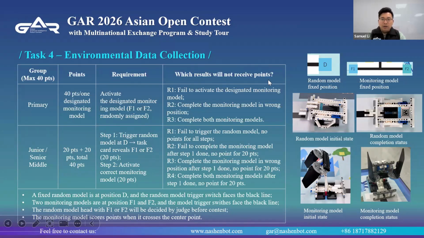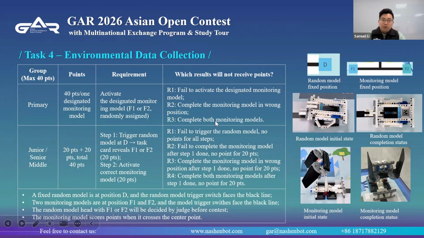So which result will not receive points? For the primary school group, result 1, fail to activate the appointed monitoring model. The 2, complete the monitoring model in the wrong position. That means the judge referred to appoint F1, but you finished F2.